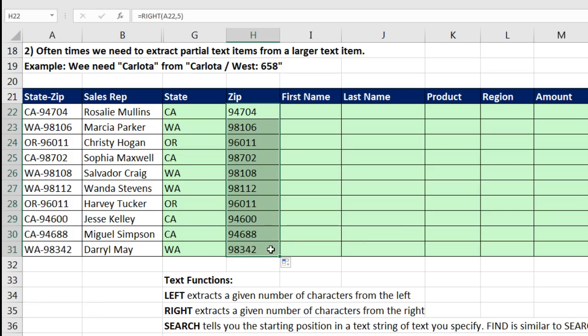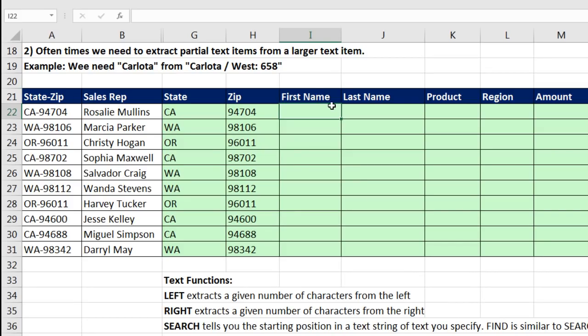Now, for zip code, it doesn't matter. When we get over to amount, it will matter, and we'll see how to convert text numbers back to numbers. All right, what in the world are we going to do for first name, if we need to extract first